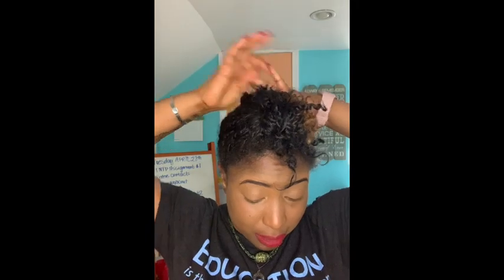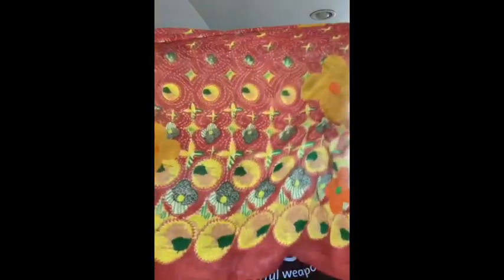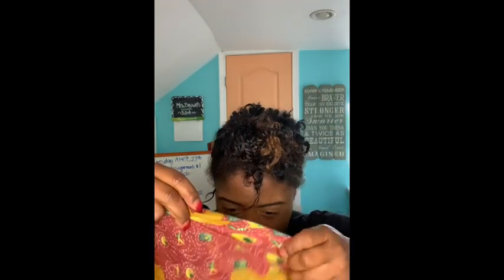I'm just going to lean them up and then put my wrap. I chose my wrap. This is like a rectangular wrap, so it's long horizontally, and then vertically it is shorter. So I folded it, not really in half, but like maybe I fractioned it in thirds and folded one third of it over, and then two thirds of it will come up. The folded edge lines the back of my neck,